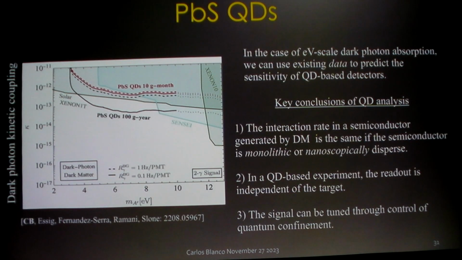Also because there exists honest-to-goodness data that you can look at to do sensitivity studies of, say, light dark matter, bosonic absorption, right? So you'll see that these sensitivity curves are jagged, and that's because this comes from honest-to-goodness data. This is like a pre-calibrated experiment, if you want to think about it that way, for absorbing something like a dark photon.